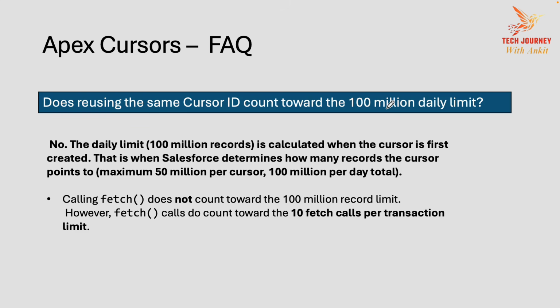The 100 million records is calculated when the cursor is created for the first time. Whenever you are using the get cursor method, only at that time will Salesforce figure out how many records need to be fetched from that cursor. So calling the fetch method does not count towards your 100 million record limit. However, you have to remember the limitation with fetch, that you can call the fetch method a maximum of 10 times in one single transaction. But your 100 million daily limit does not count whenever you are using the same cursor